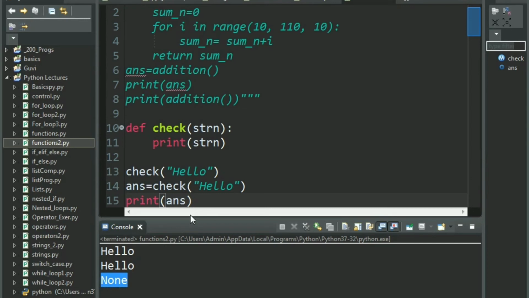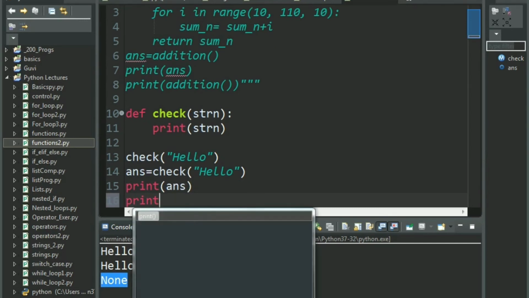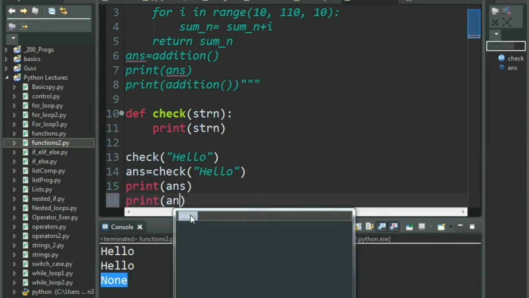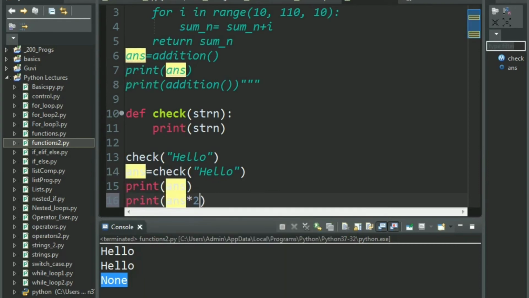Now let us do something, saying print answer into 2. Okay, we saw in our string lecture that whenever we multiply a string, we basically get it twice, right? So remember, again, we are not returning anything yet.